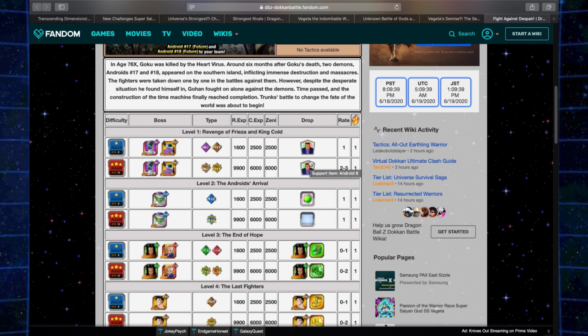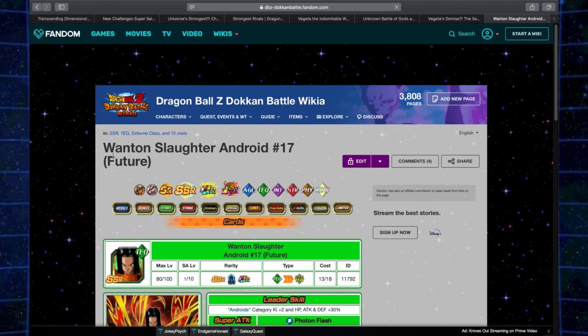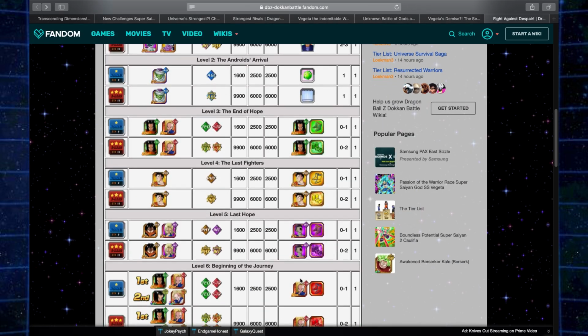Android 8, obviously, for that 70% health regen, and this obviously helps with increasing a unit's level from 100 to 120 a lot easier, especially if you feed SR or normal or whatever units. But you could also, like any Android 17 or 18 that have future in parentheses, you could use these free to play tech one and STR one to increase their